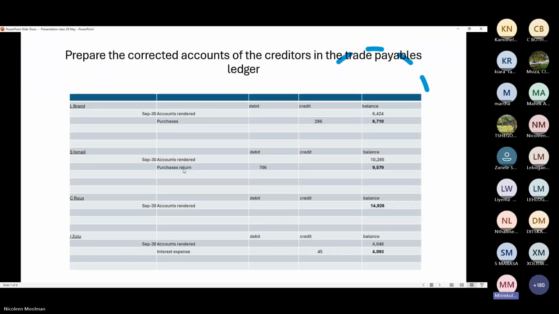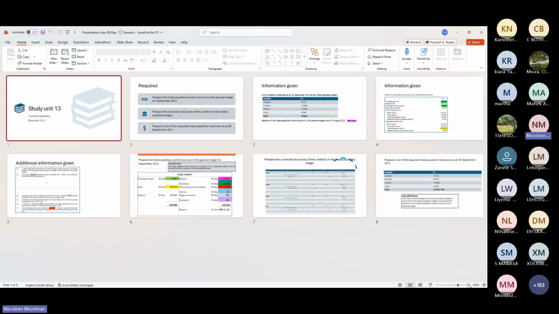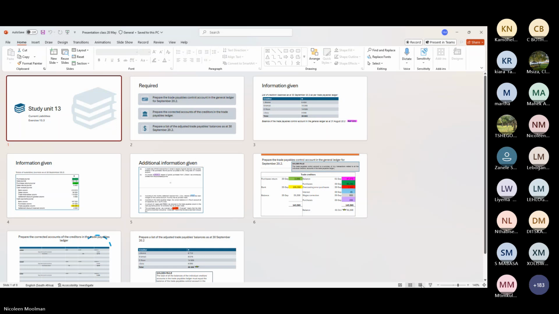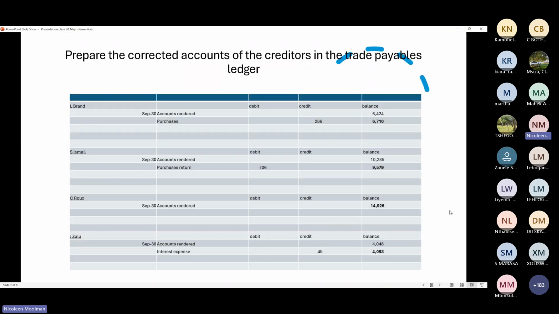Hi, Nicolene. Sorry, apologies to interject. The students are asking that you zoom in your screen just a little bit, please. It is quite small, even from my side. Okay, sure. Let me just see if I can zoom in any further. Yeah, that's perfect. Okay, let's see if that helps a bit. Is this better? I increased it to 150% now. I don't know if that helps. I'll let you know depending on the comments.